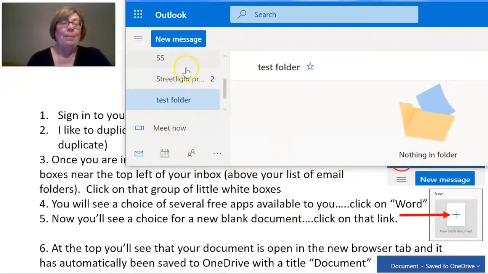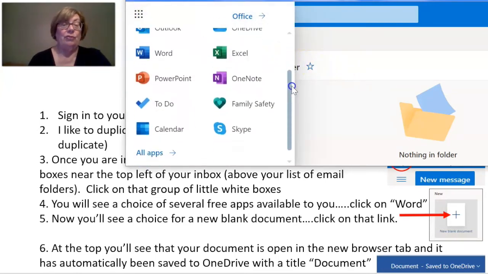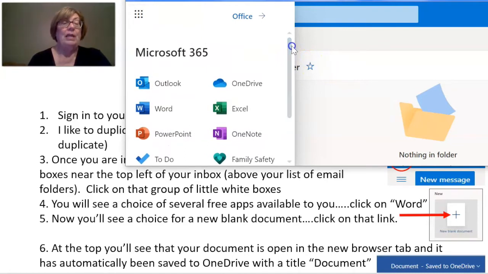If you look right above your folders, you're going to see the word Outlook, and you're going to see 9 little white dots. Those little white dots are all the apps, the things that Microsoft gives their members free to use. So I'm going to click on those little white dots, and I can see lots of things that I can use for free. One of them is, sure enough, Microsoft Word. So I'm going to click on Word,